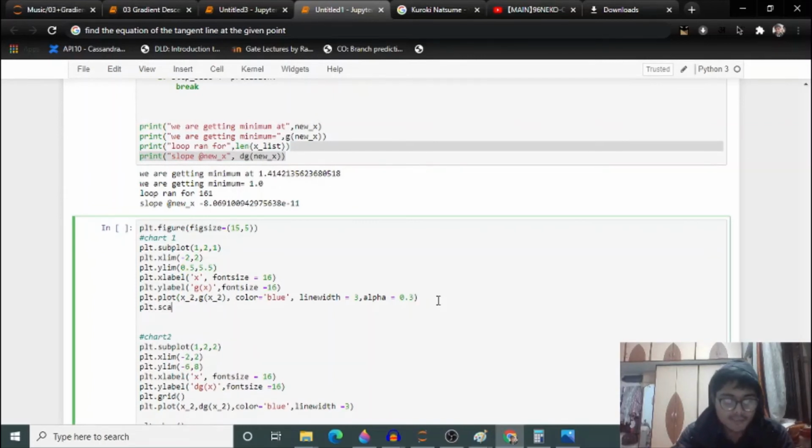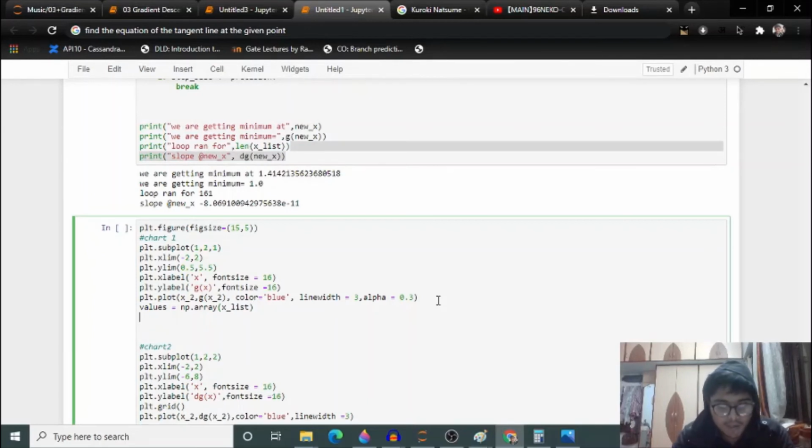plt dot scatter guys. First we want to do the same routine guys. We want to convert this simple Python list to a numpy array, because matplotlib only works with numpy arrays guys. So np dot array, what we want to put is x list guys. Okay, and what we want to plot now.